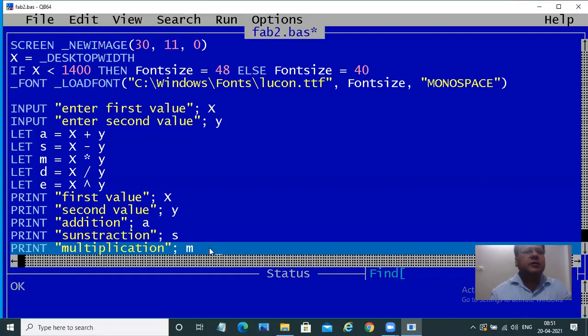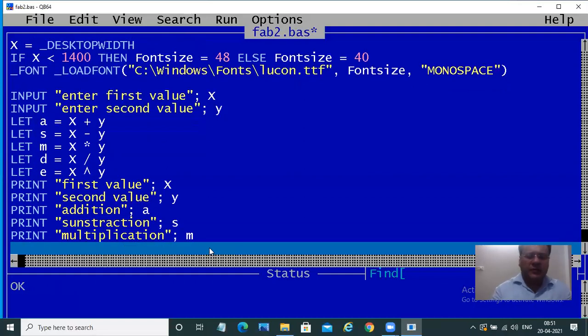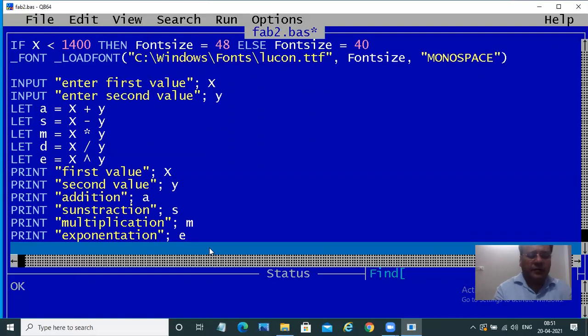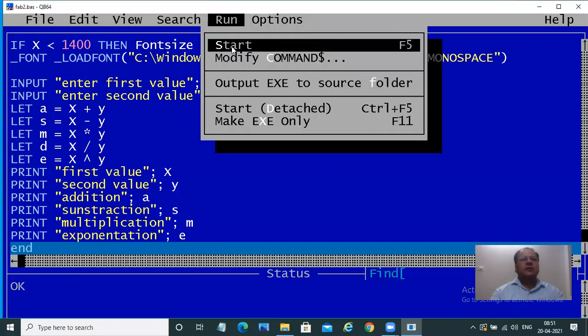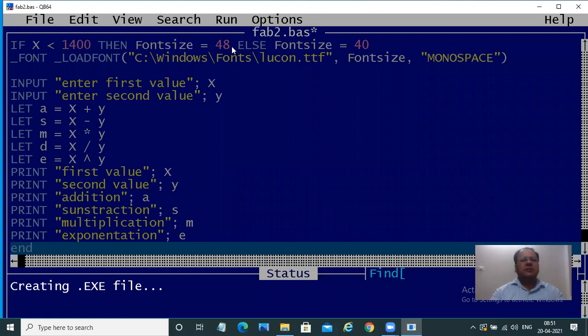Then we add multiplication. Then we'll say print exponentiation to e and end. All right, so this is a small program where we entered two values and used all the arithmetic operators and see the result. So now we have it, and we'll press run and start our program and see what happens.